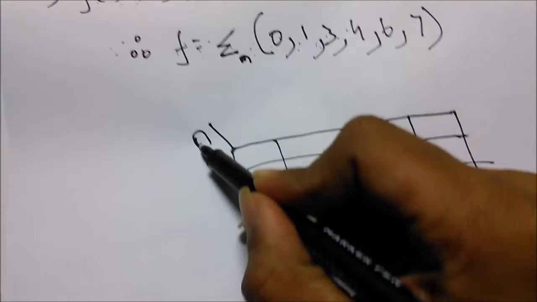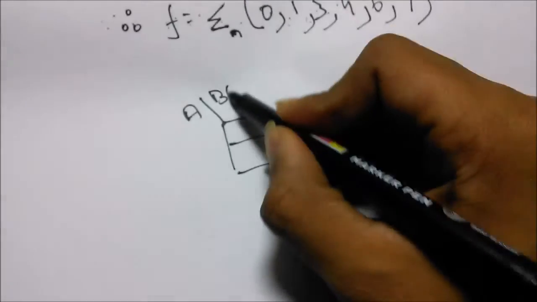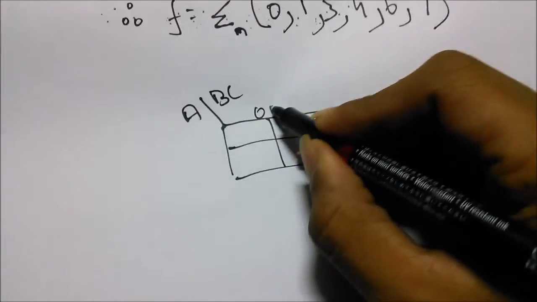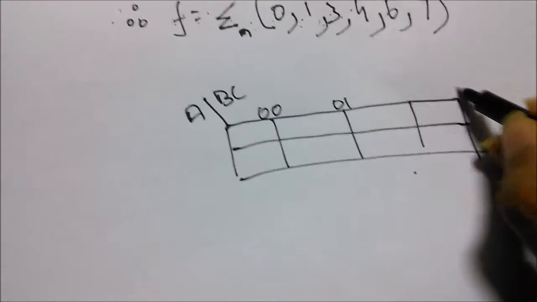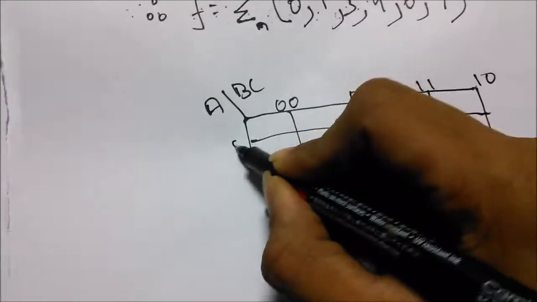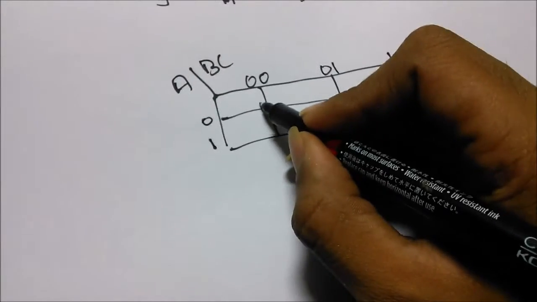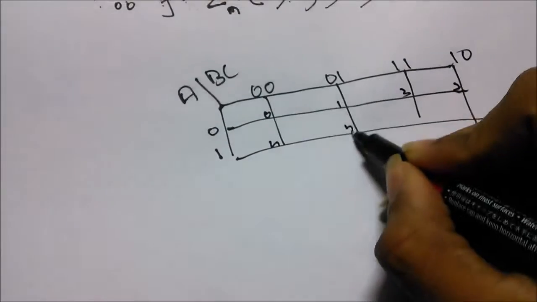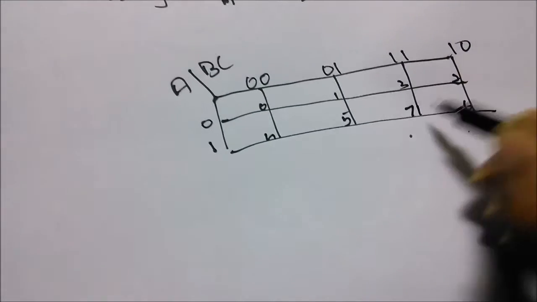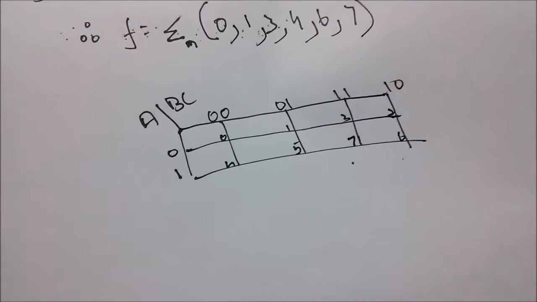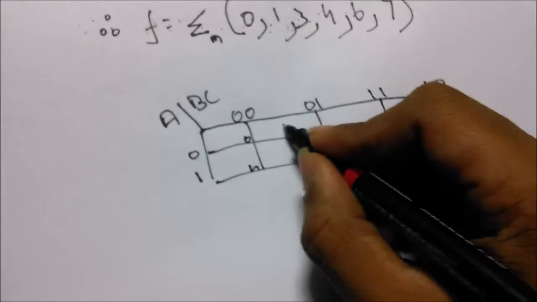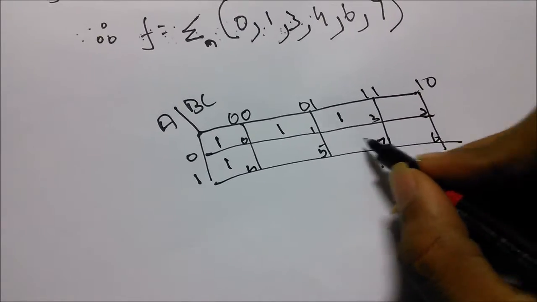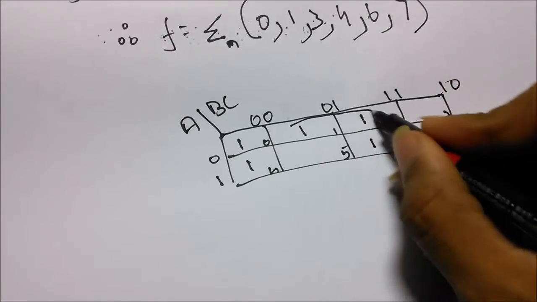see, this is A and this is B and C. We have 0, 0, 0, 1, 1, 0, 0, 1. Now we see this is 0, 1, 2, 3, 4, 5, 6, and so on. You know how we count the K-maps. Now plotting this on the K-map, we get, so now grouping it,